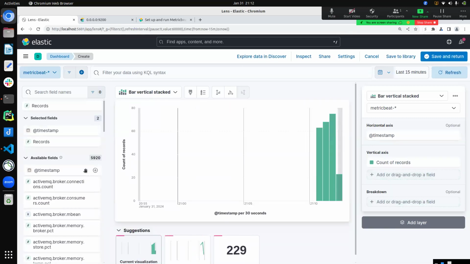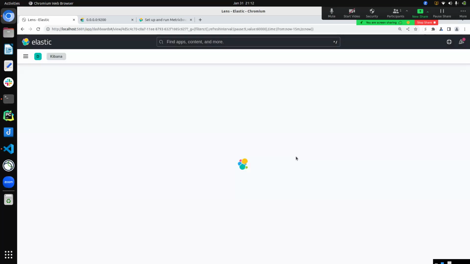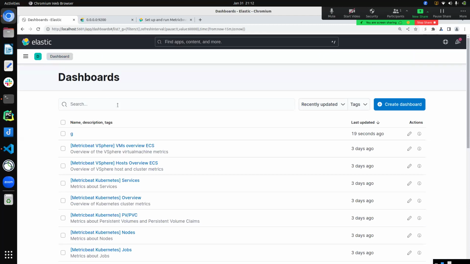So I will create it, but I didn't want to do this because by default it has a dashboard for metric B. Yeah, okay. So by default it has a dashboard for metric B. You don't need to create it. So all you need to do is to search